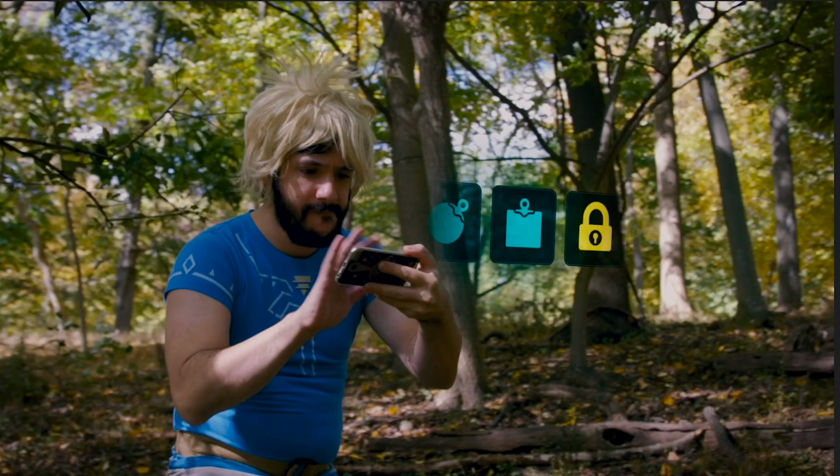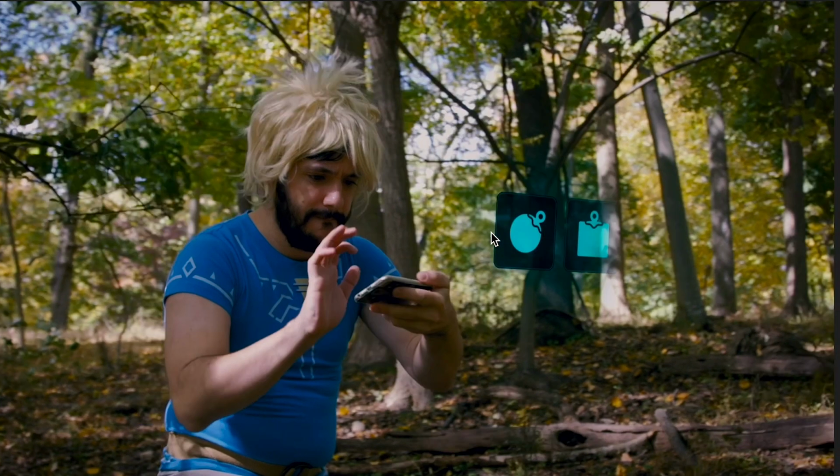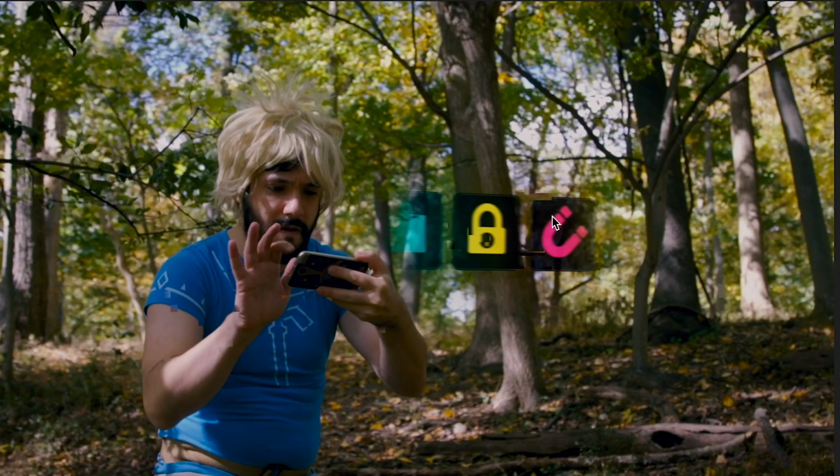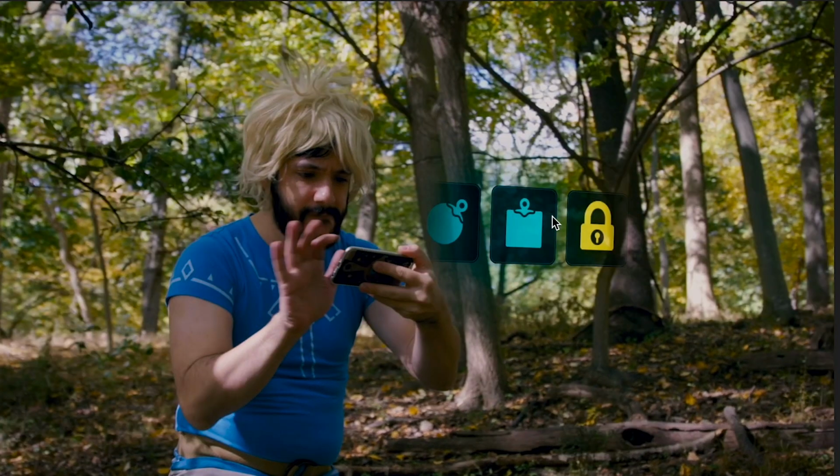And instead of showing the graphics on the slate itself by getting a close-up of it, we thought it'd be kind of cooler if we saw a holographic display of the apps that he's showing here, what's on the screen. And basically, all we had to do was get reference images for all of the different apps that we have here, the bombs, the magnet, the camera, and put them all in a row here and animate them accordingly, timing up with the swipes that he does on the phone here,